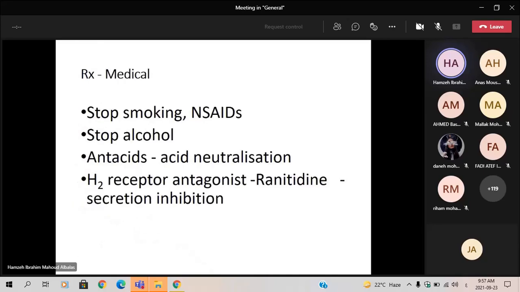The treatment is most important, as we mentioned previously. We have to stop smoking, and we have to stop taking NSAID and change medication. We have to stop alcohol. We have to take antacids. Antacid, there are many medications. We prefer to use PPI, not H. pylori